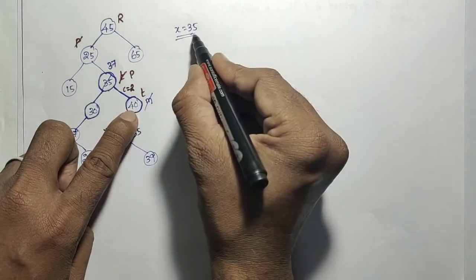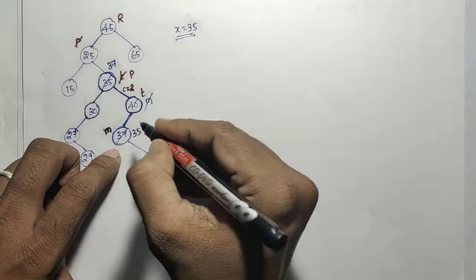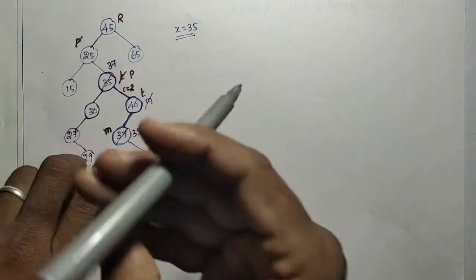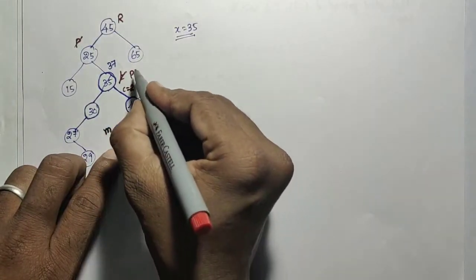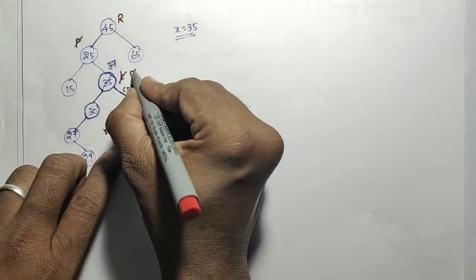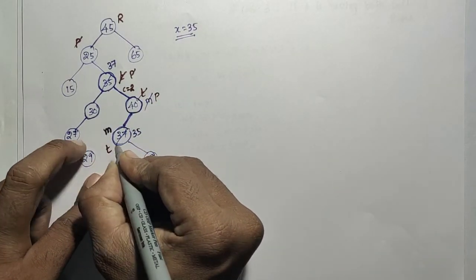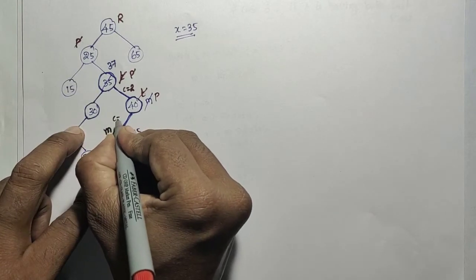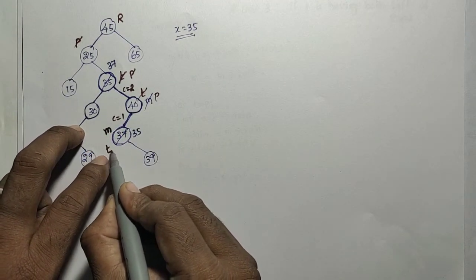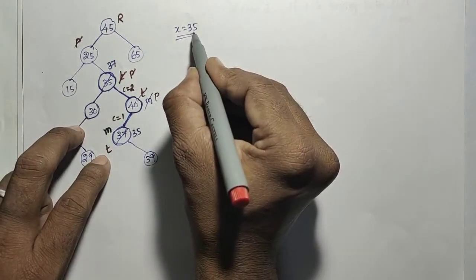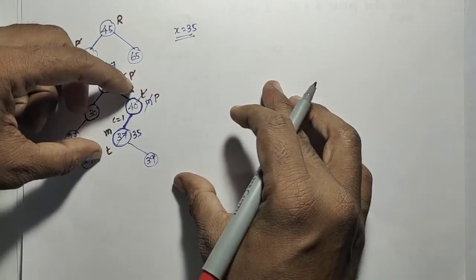So x is less than the t. So what will happen is t will be moved to the left side. So current t will become p, and that t will be moved to the left side. So t is this one. By that time c equal to 1. Now it will be compared: t of data is equivalent to x. So we got that node to be deleted.